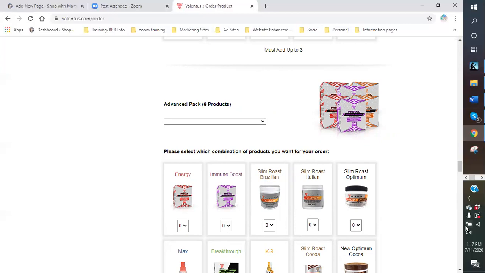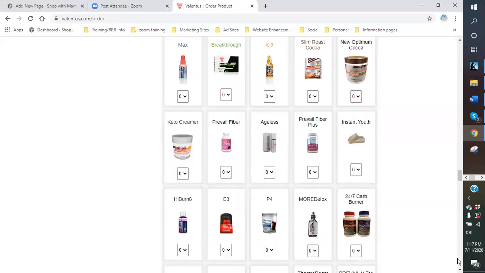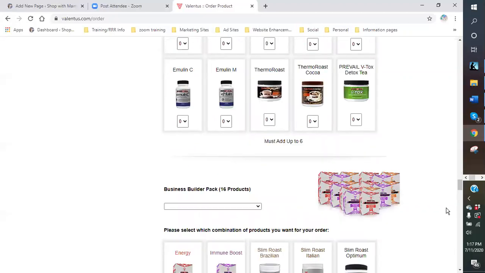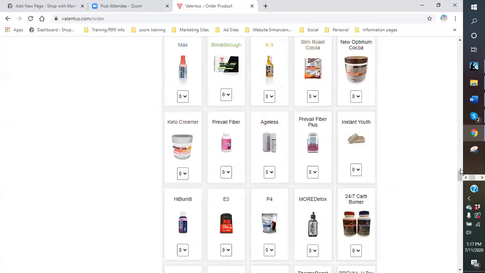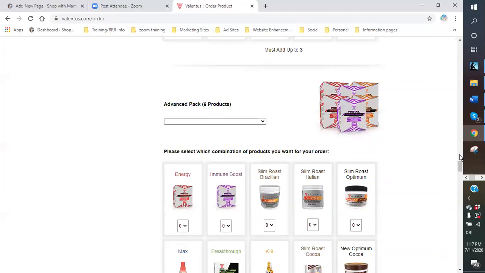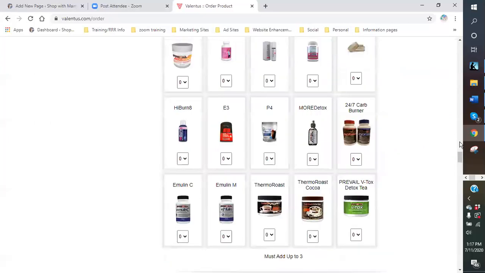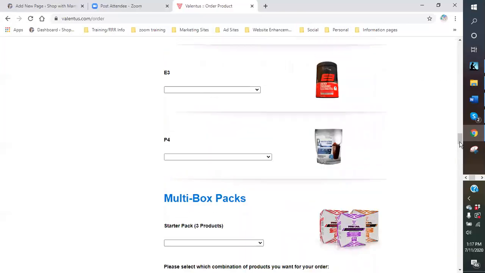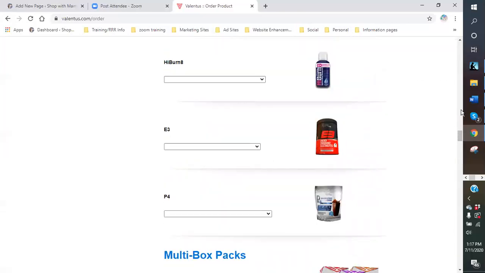So if you have more than 3 that you want to order, and I only suggest people order the business builder packs if you have 10 or more active Valentus customers. That's when you need to order that. Or if you just want to order the business builder pack to give out samples, then you can do that. The other thing that you will see on your order